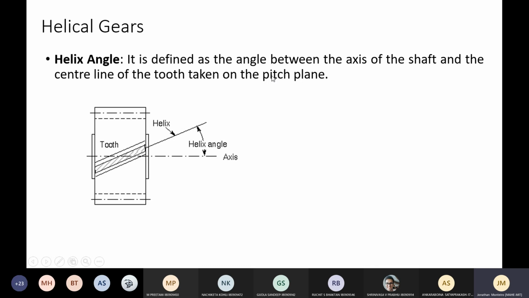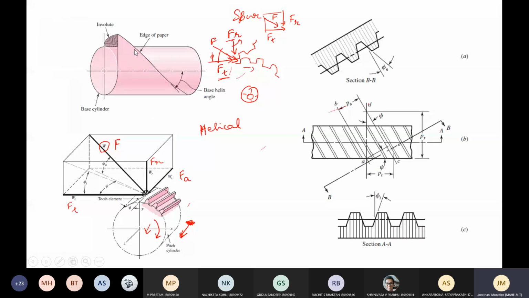How can we say that? Because we understand that it is on a curvature. For example, look at this slide here. So this is kind of an edge of a paper on a base cylinder. The tooth in itself is in a curved way. Of course, when you open it up, it will form a straight line, and that is what we use for analysis here. When you extrude it or open it up, for example, this edge of a paper which is forming a helix on a cylinder, when you open it up, it forms a straight line, maybe an oblique line.